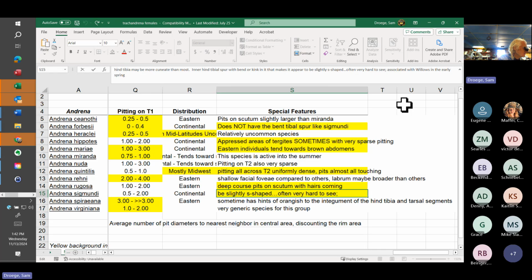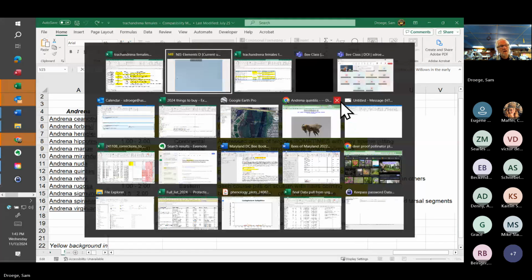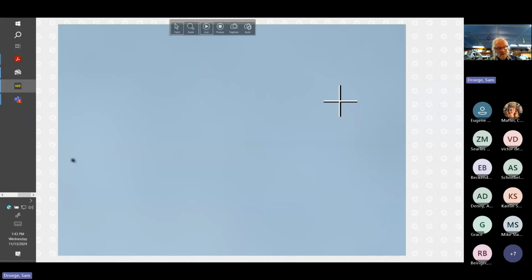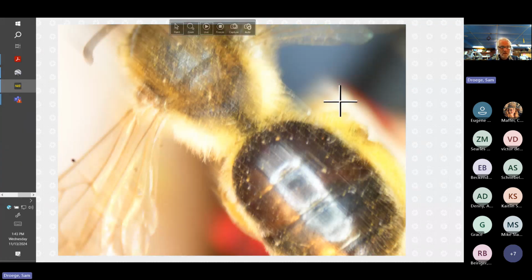I'll also point out that we are looking at the paratype, or one of the paratypes. So a paratype is additional specimens that when the type was created are also the same species that can be used for reference material. And I can see one of these inner tibial spurs quite well. And I don't see that bend or kink that much. I have to maybe spend more time looking at these paratypes. Okay, so